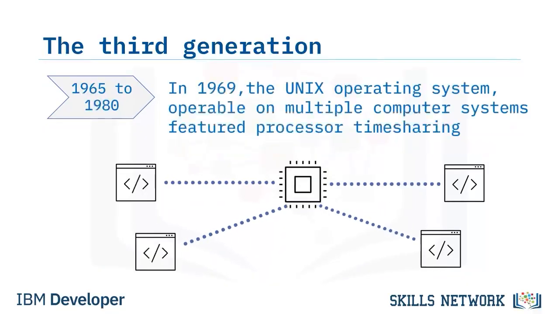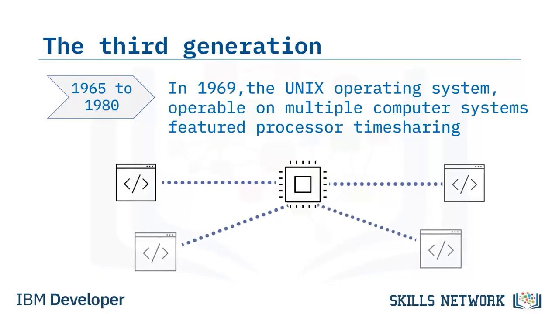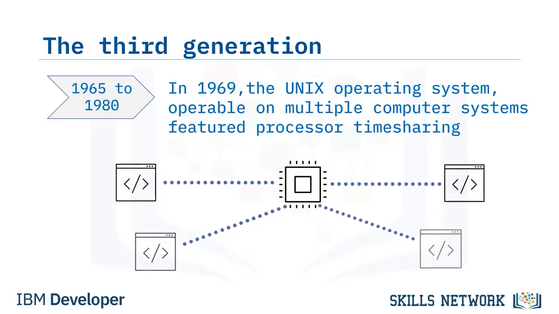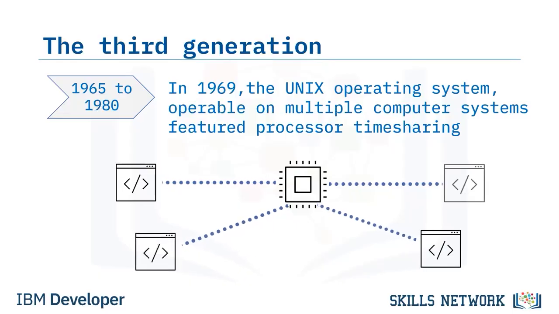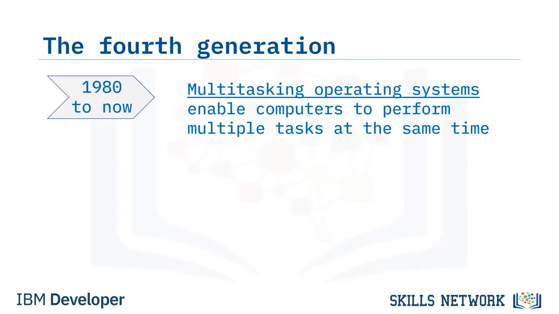In 1969, the Unix operating system offered a new innovation, an operating system that was installable on multiple computer systems and featured processor time-sharing. Processor time-sharing enabled multiple users with different programs to interact nearly simultaneously with a central computer, such as a mainframe. The fourth and current generation of operating systems brought computing into a new age with multitasking